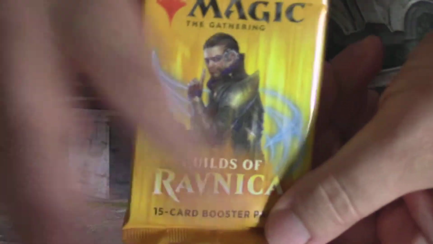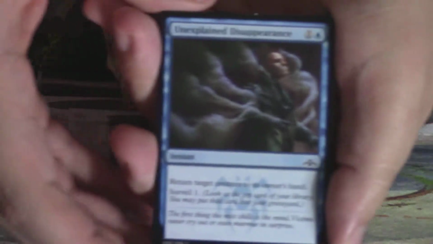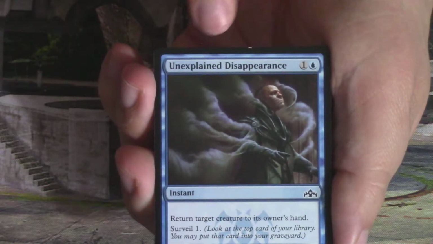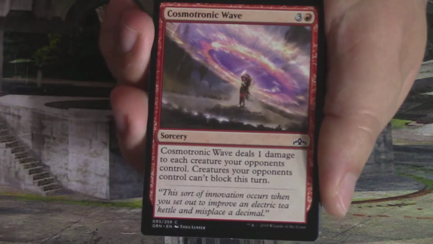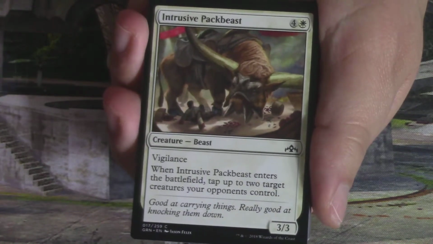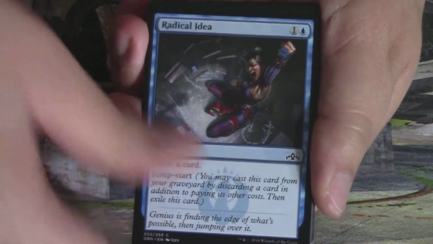Then we have a Dimir Agent pack next. And in this pack, we have an Unexplained Disappearance with, you guys can see that, right? A little bit of damage randomly at the top there. But Unexplained Disappearance, Cosmotronic Wave, Intrusive Pack Beast, very nice card. I like this card a lot. Radical Idea,